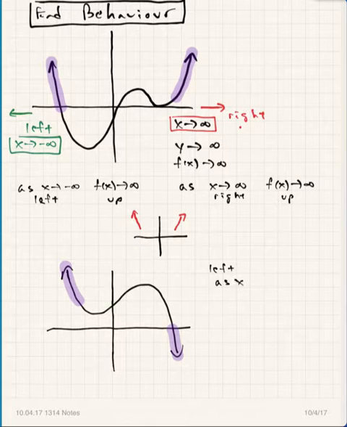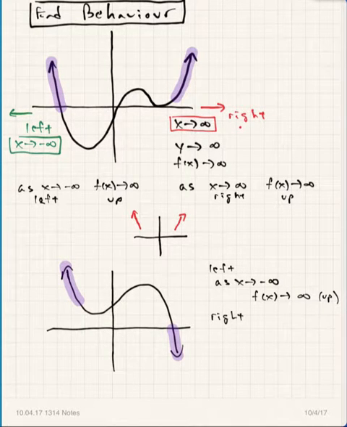So if we write this out, if we're going off to the left, we're talking about as x goes to negative infinity. What is y doing, or f of x? Remember, it's the same thing. Well, the graph's going up, right? So f of x is going to infinity also. You're just saying that the graph is going up as you go off to the left like that. And as you're going off to the right, now you're saying as x goes to positive infinity,